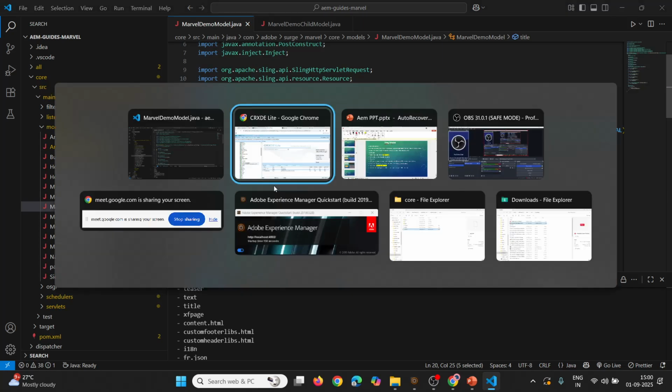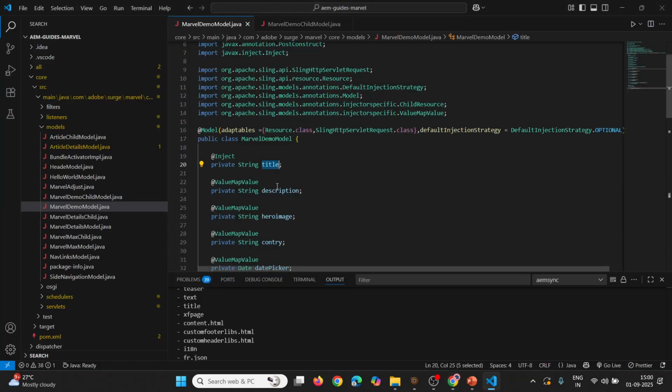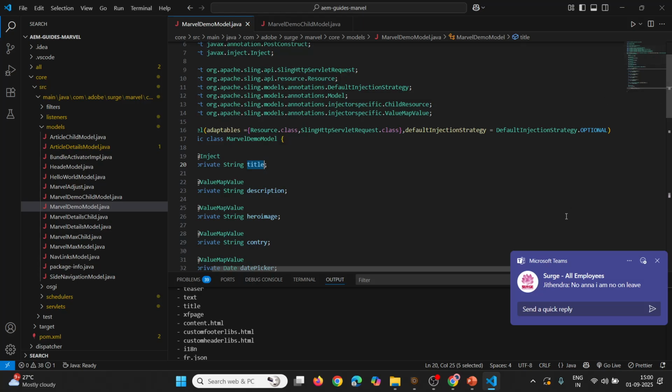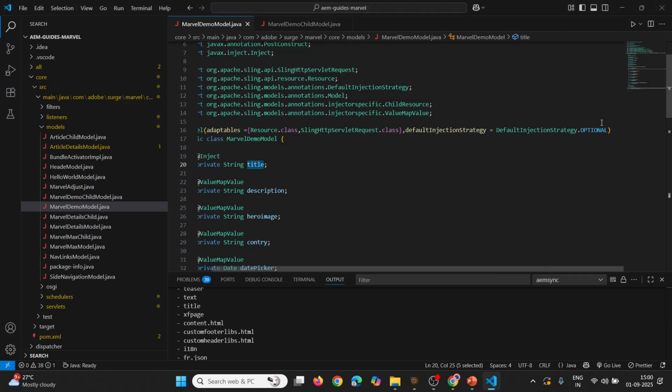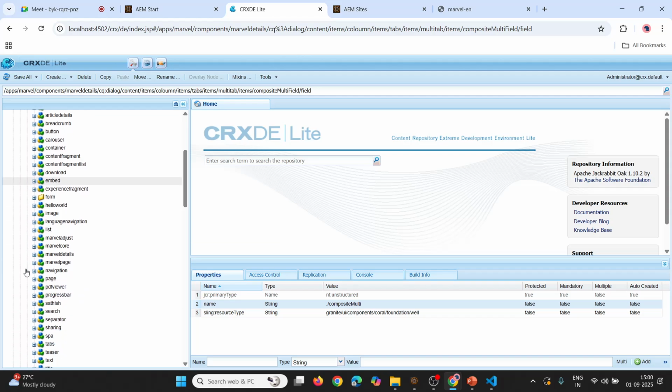Suppose then what happens here is, it will check for the entire components. It will try to check for the Apache Sling framework and search for the entire components. So if you want to map your Sling model to a particular component only, at that time we can pass one more parameter, resource type, which accepts one value, which is nothing but the path